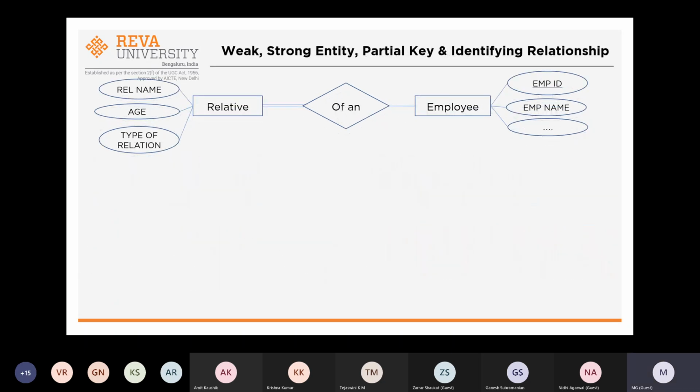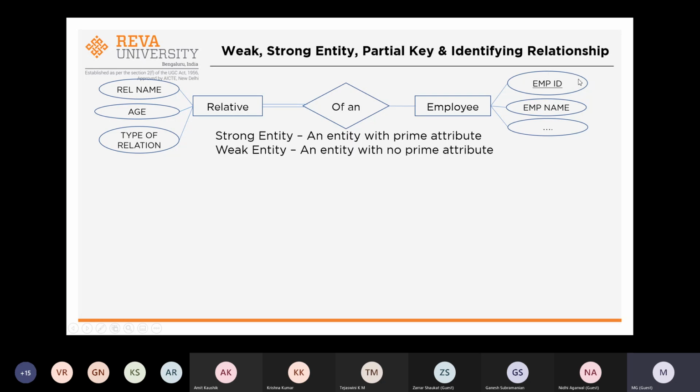Let's say that you have two entities, relative and employee. The relationship is relative of an employee. Employee has the primary key employee ID. Relative doesn't have a primary key. But all the relatives are one way or the other connected to an employee. Hence, it is a total relationship. Okay, and that is why you are representing it as two double lines. Clear? This is how it is. Now, what is a strong entity? A strong entity is an entity which has a primary key. Employee is a strong entity. And weak entity,